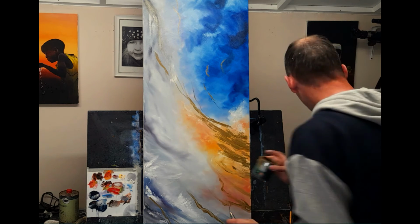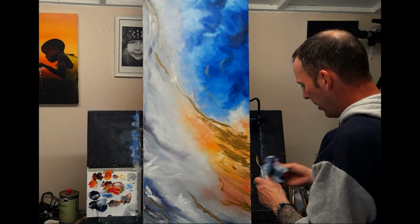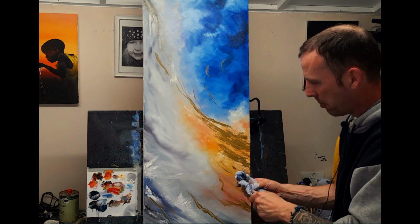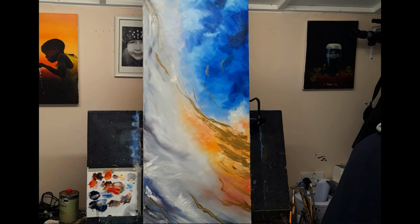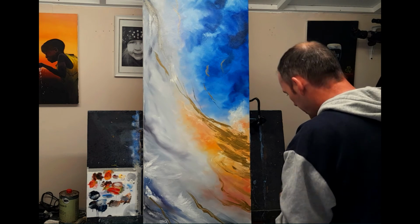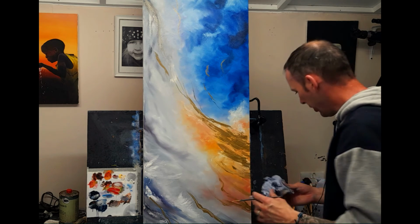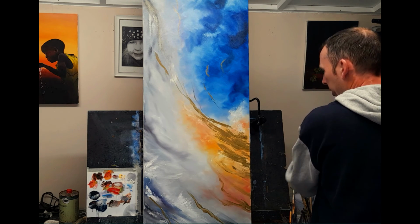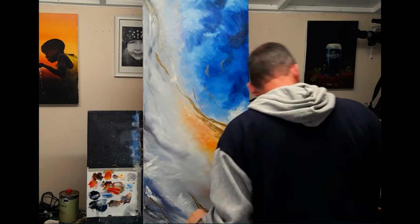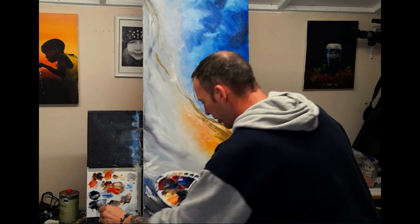Okay, I'll leave it, I think. I'm afraid to overdo this and make a mess of it. There's one or two little things now that I want to do, and that is to really kind of highlight some of these. So let me get rid of that under there. So I'm going to take a little bit of black. That's my palette. I'm going to take a little bit of black